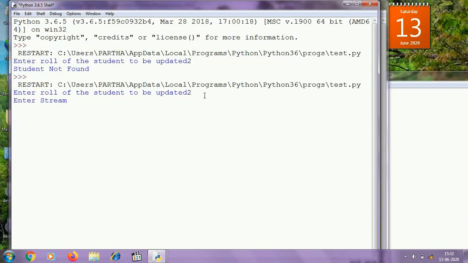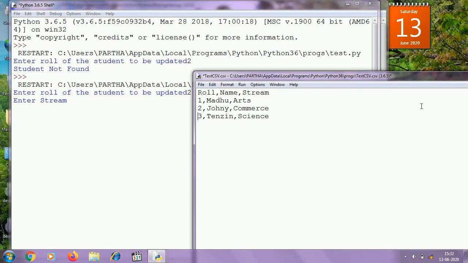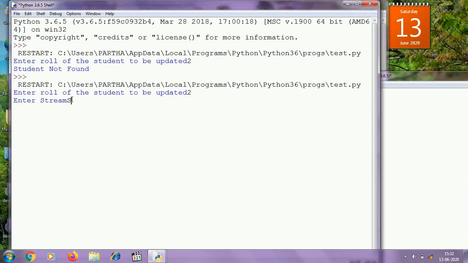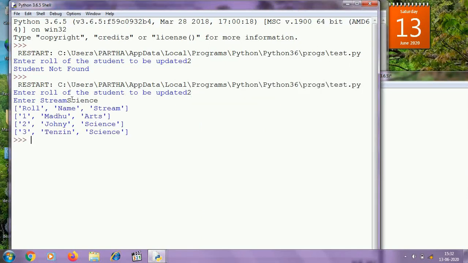Roll number 2, stream. For example, I need to change the stream to science. You can see it is working properly. The stream of the student Johnny is updated and the new stream is science.